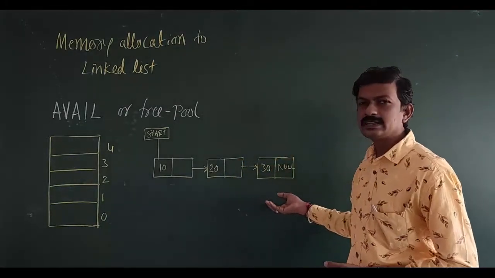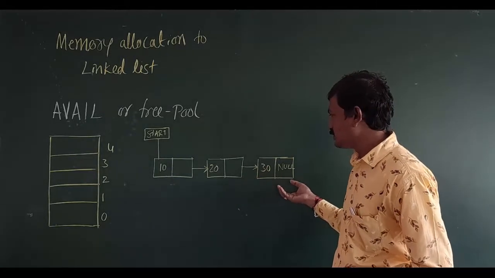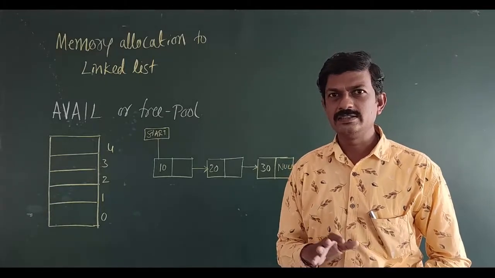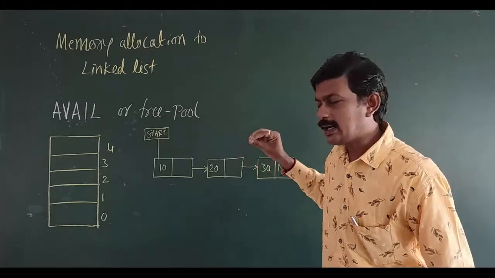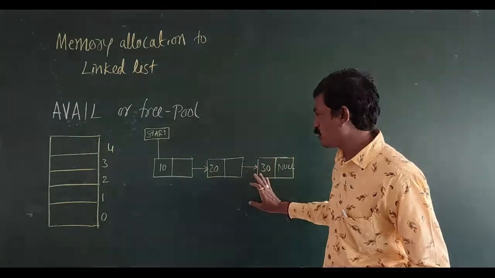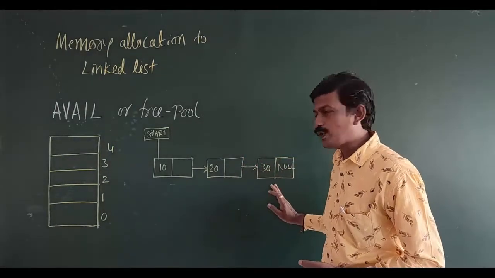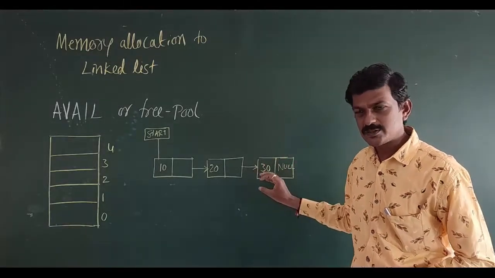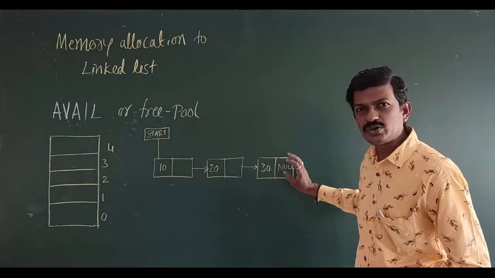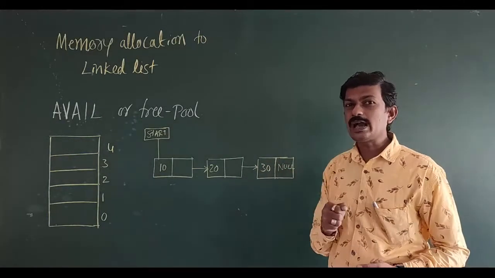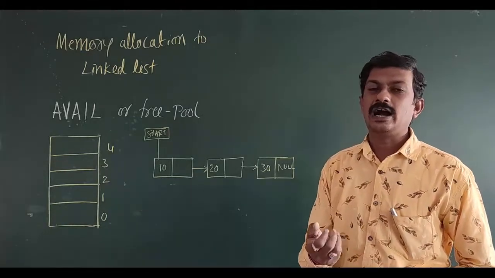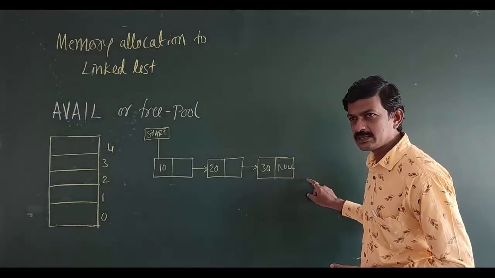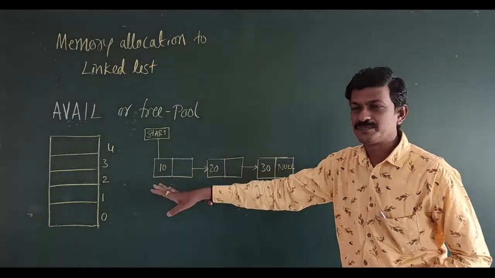I created a linked list. For this linked list, you might be performing an insert operation or a delete operation. Insert operation is nothing but allocating extra space, or creating a new node, for this linked list. Once we create a new node, I need extra space to store a particular data element in that node. Where are we acquiring memory to insert a node into this particular linked list? It is allocated from this avail list.